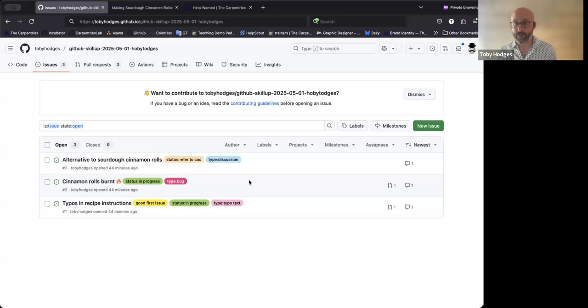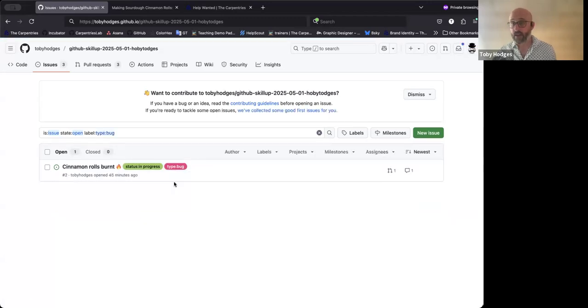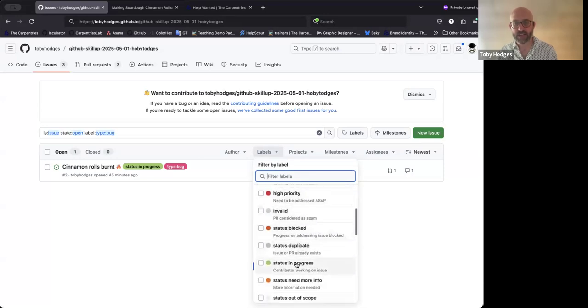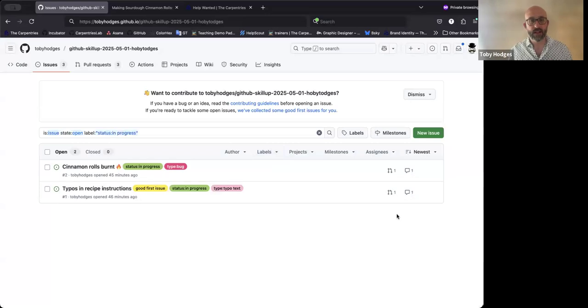And so with the labels attached, we can start to filter this list, for example. If I want to see all of the issues that are bugs, I can click on this one here that says type bug, and that filters the list down to only show me this one. But if there were 3 issues that were bugs out of 50 in the list, this would then very quickly show me only the 3 that I'd be interested in. The other way that you can do this filtering is with this labels drop down here. It says here filter by label. I can uncheck type bug and check status in progress as an example, and see the 2 that are labeled